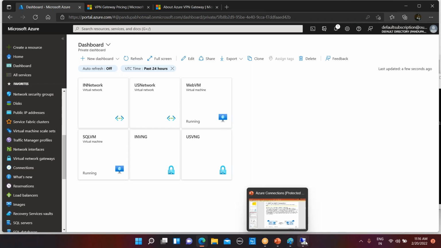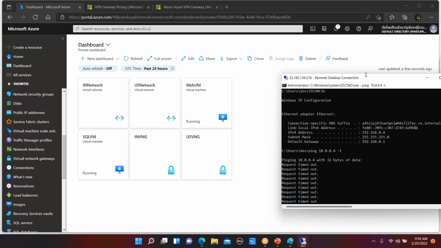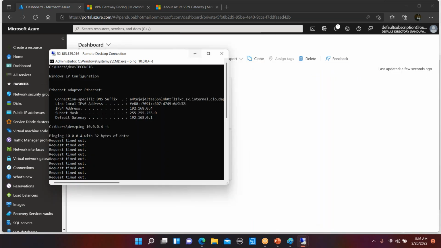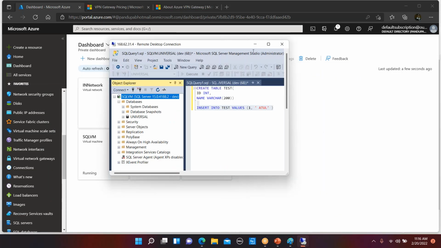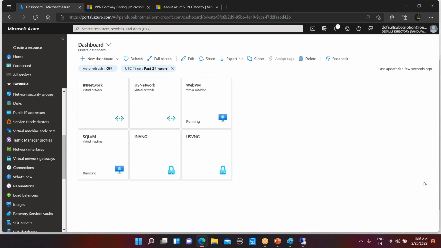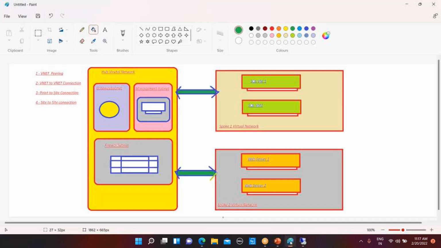One second, guys. Let me minimize these machines first. I'm thinking, guys, how to move ahead. Okay. Let's discuss the point to site connection. What I'm going to discuss is the point to site connection. So before moving ahead, let me tell you about the use case. The use case is,